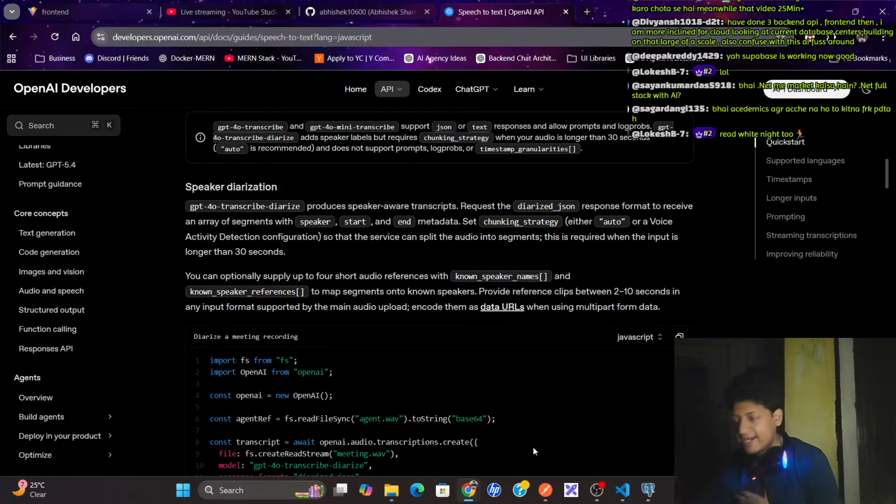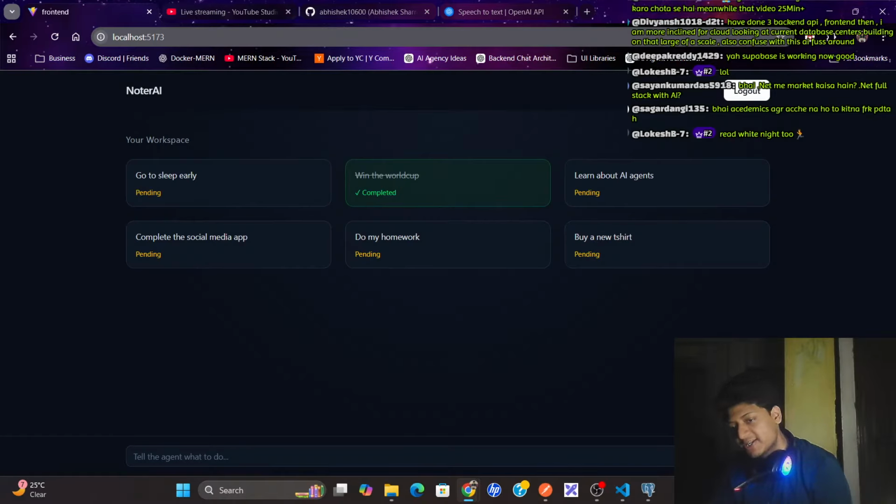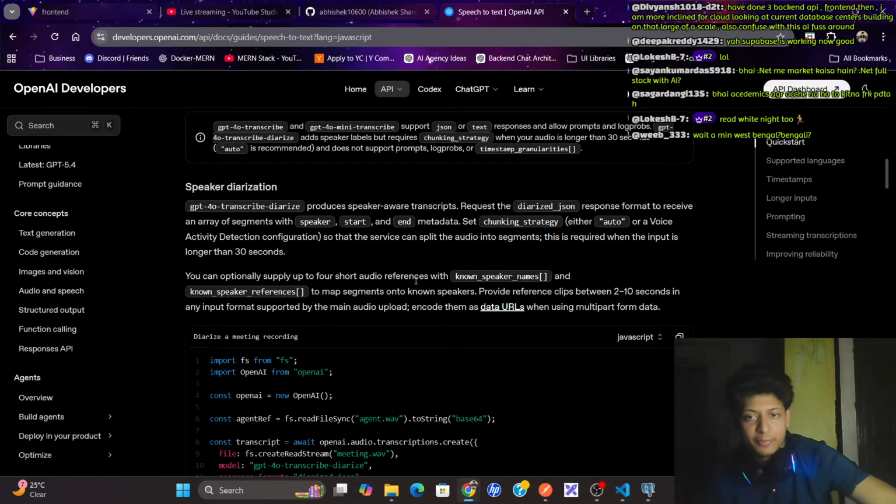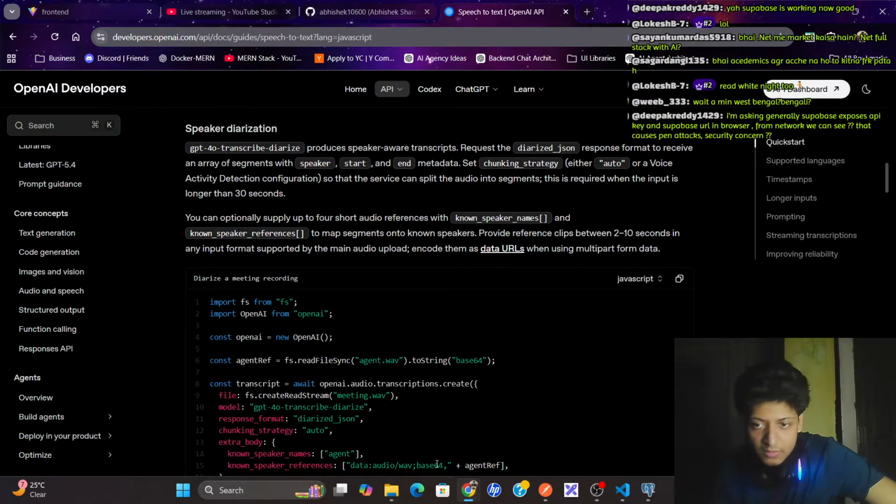Basically I'm trying to build an AI agent. I have built the AI agent, but now I am trying to add a feature where there's a mic, the user clicks on that mic, and when the user speaks, that audio will be converted to text, and then basically the user can use voice to control the agent. That's what I'm trying to implement next. And for that I'm reading the documentation basically. Okay, so GPT transcript. Okay,